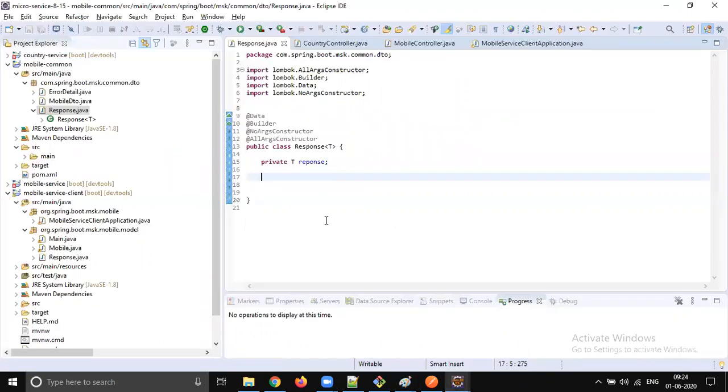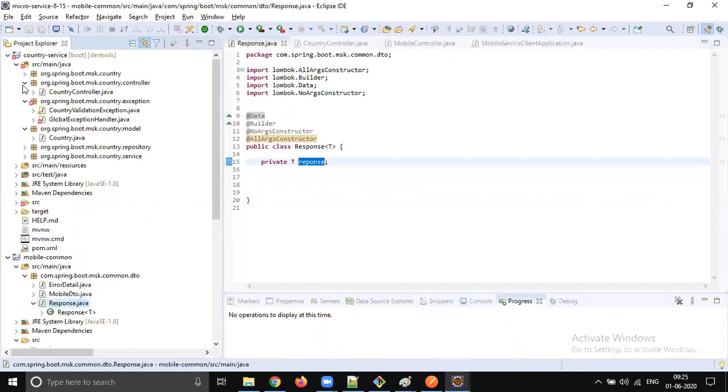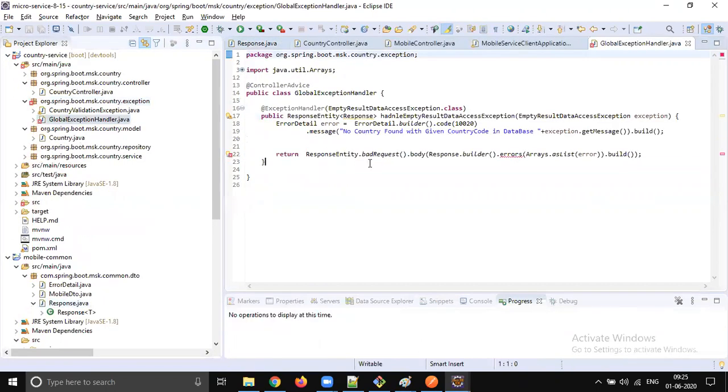If the HTTP status code is 200, we will get the response. If the HTTP status code is not 200, then your response is going to be the error detail. So let's quickly go to the exception handler, right?